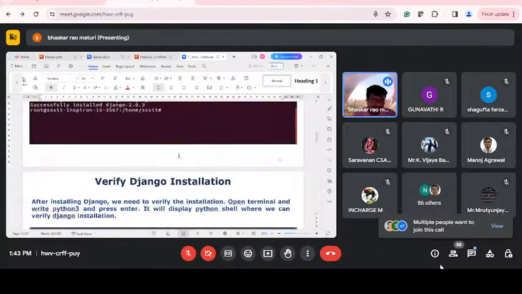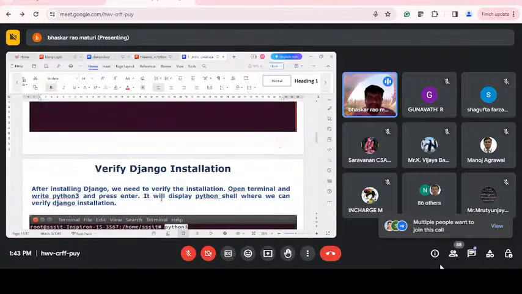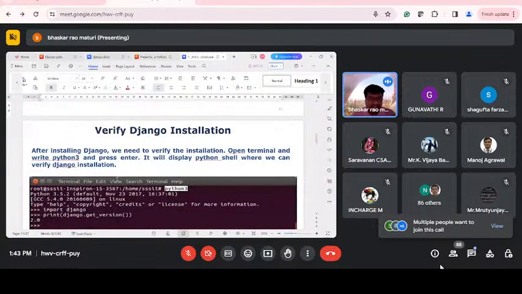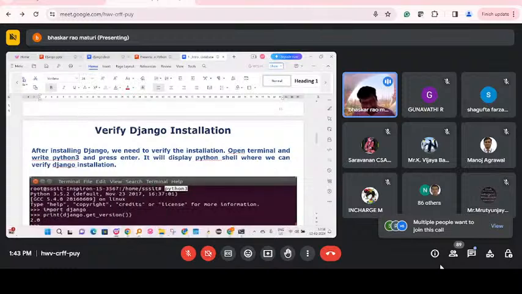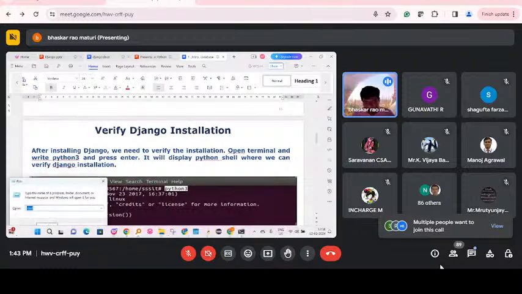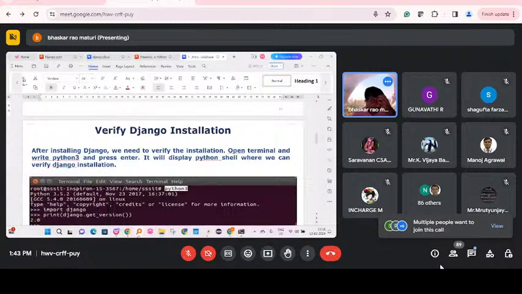After completing the installation in the system, we have to verify the Django installation: is it available or not? Is the installation done in a proper way or not? So at that time we use the command line. First of all, we enter the Python shell. I want to go into the command prompt like this. First of all, we have to